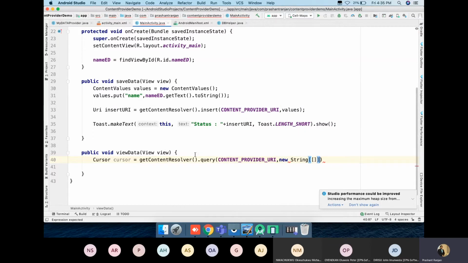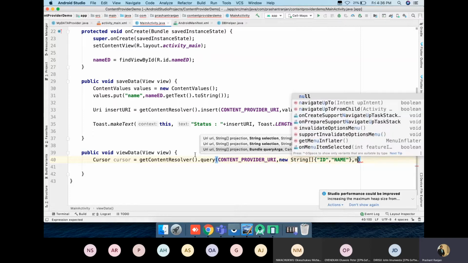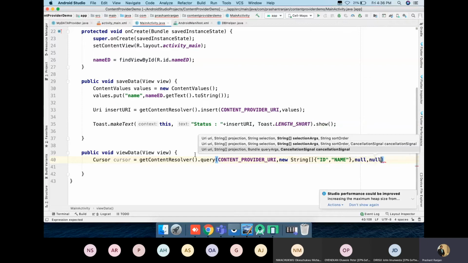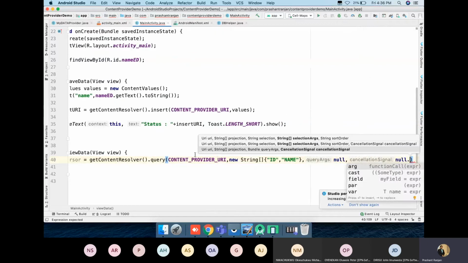We have only two columns, ID and name, so you have to pass ID and name. Rest of the information you can pass: selection args null, and sorting order is also null.